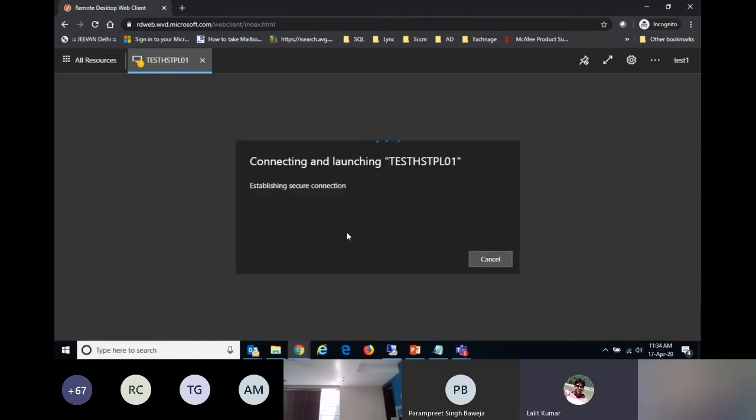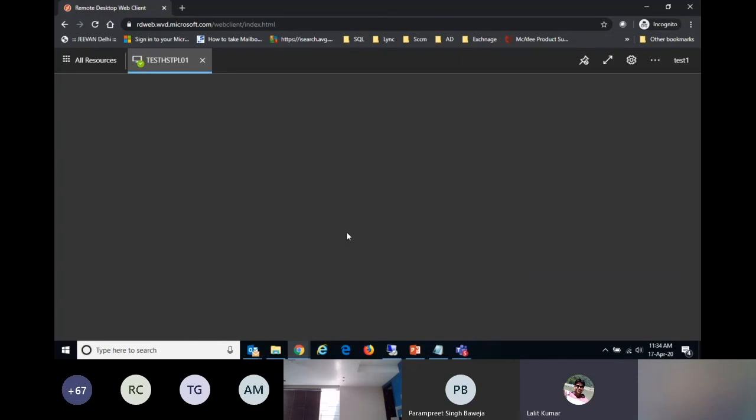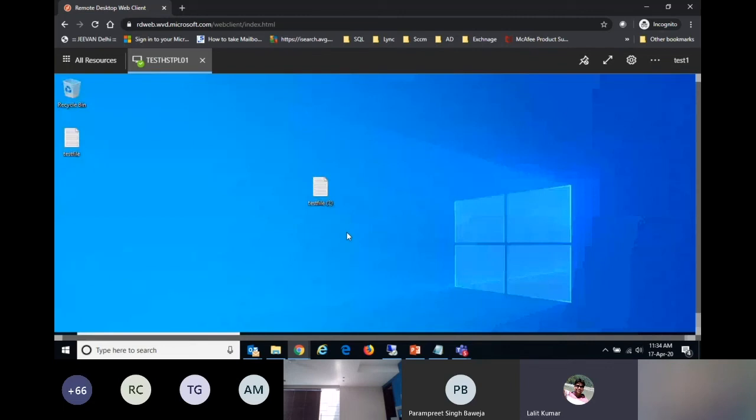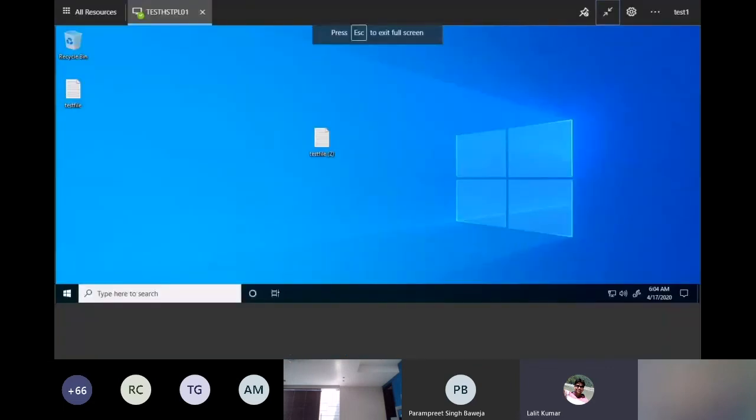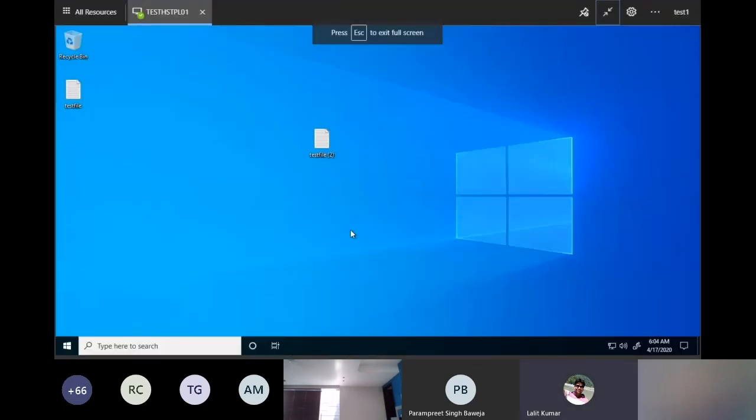Now I'm logging into the actual Windows client machine like the one we use in our offices. I'm maximizing the screen, and here you go. You can see a user is able to access a complete Windows 10 domain-joined machine while using it via the browser itself.